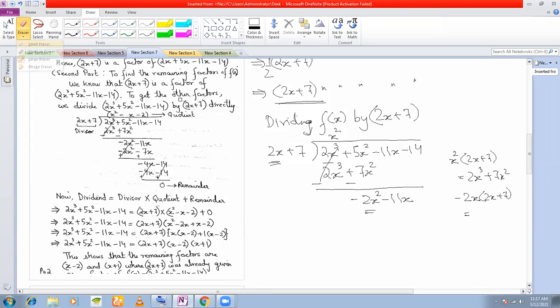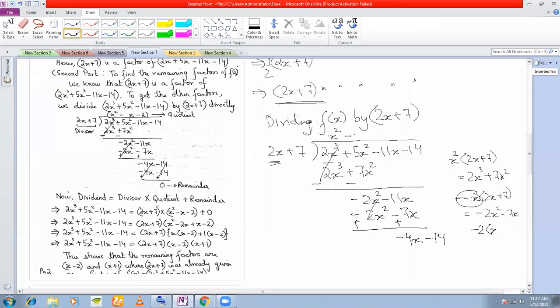Sorry, you need a minus x, in fact. Okay, so you need minus x. So you need to multiply minus x with 2x plus 7. You get minus 2x squared minus 7x. So you have here minus 2x squared minus 7x. Subtract. This cancels. Now you have a minus 4x minus 14. How much do you need to multiply 2x by to make it minus 4x? You need to multiply it by minus 2. And of course you will write this minus x that you have multiplied by on top here first.